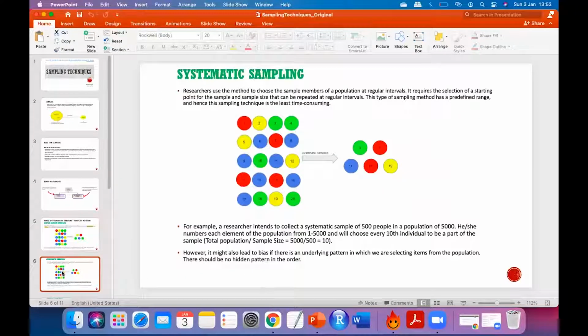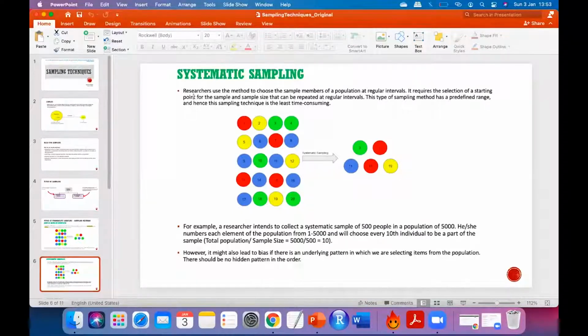Okay. Now let's go to another type of probabilistic sampling, that is called systematic sampling, right? What happens here is, let's say that we have 20 balls here, and again we have to take a sample of 5 balls. There also we had to take the sample of 5 balls, right? Correct.